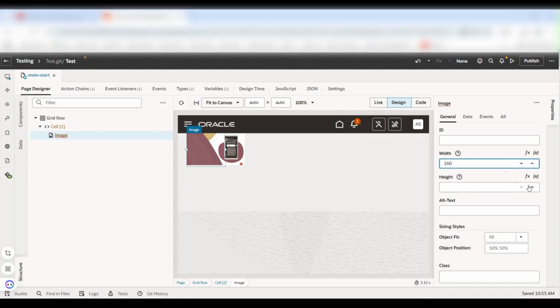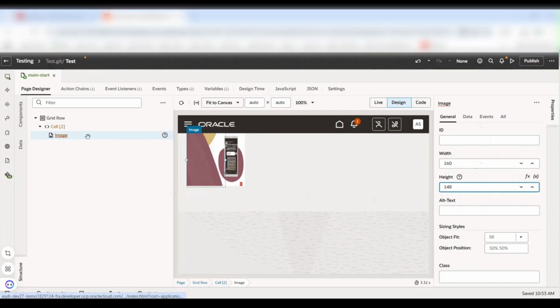Then let me put the height as 250, 200 something. You can maintain the ratio 15:16 or 19:6, whatever the ratio you want. You can increase the height and width by using the width and height properties of your particular image. So this is how we are going to get the image from the application path.